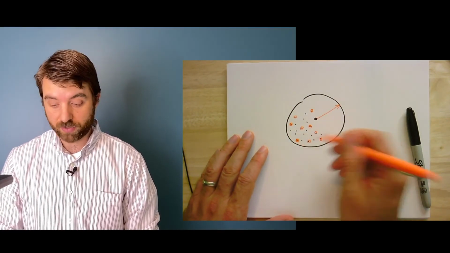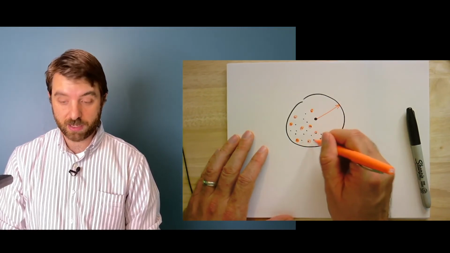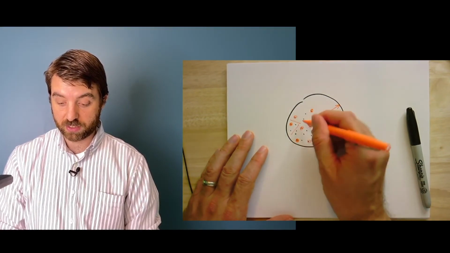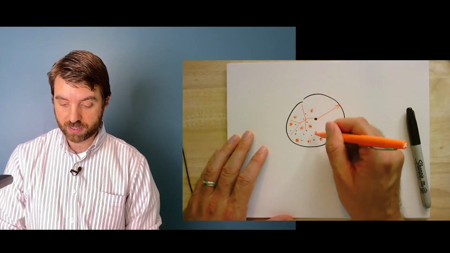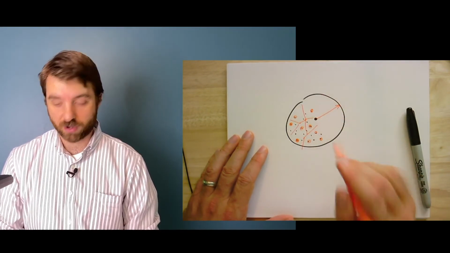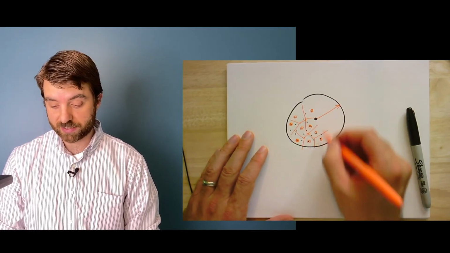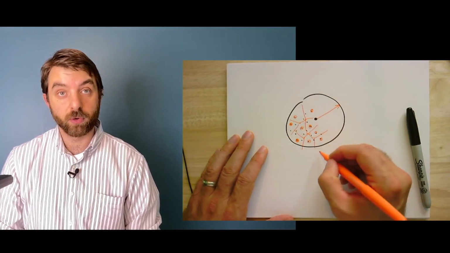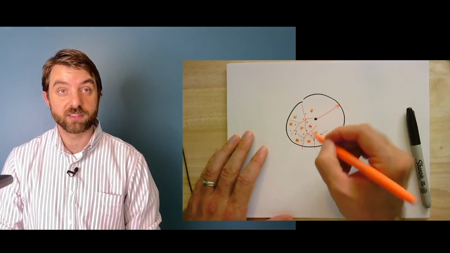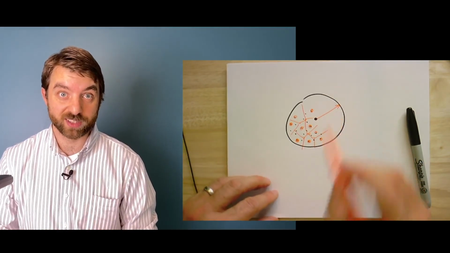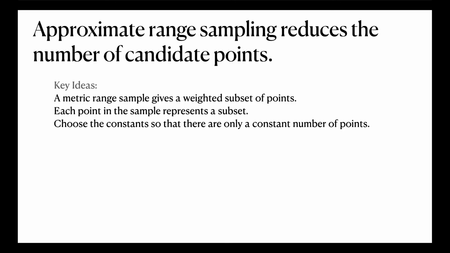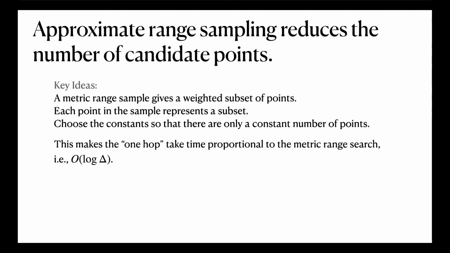And then in the range samples, I get not just the sample, but what is essentially the discrete Voronoi diagram. That is, I know who the reverse nearest neighbors of all the points are. So from here, I can actually do the range counting. That is, I can count how many points are in a given ball approximately just by counting these points up to their weights, where the weight is the number of points in the cell. That approximate range counting is exactly what you need in order to figure out which point locally covers the most other points. The one-hop time now is going to be proportional to however long it took to do the range